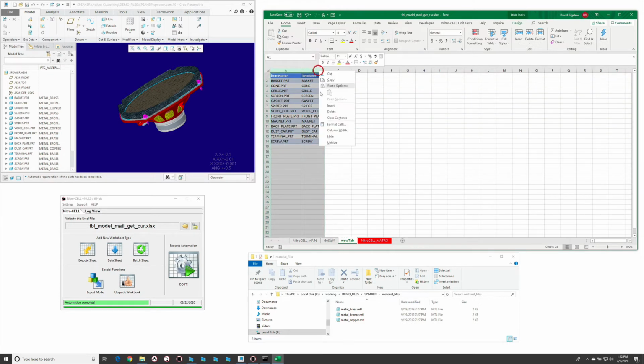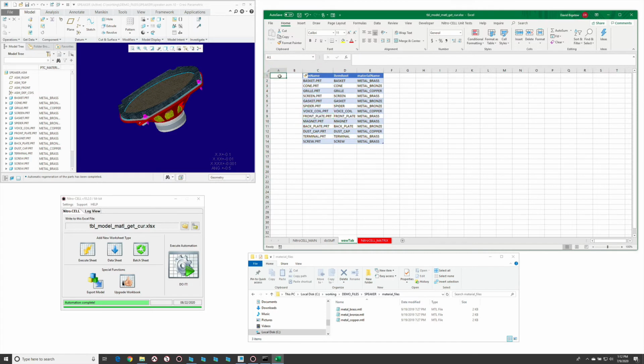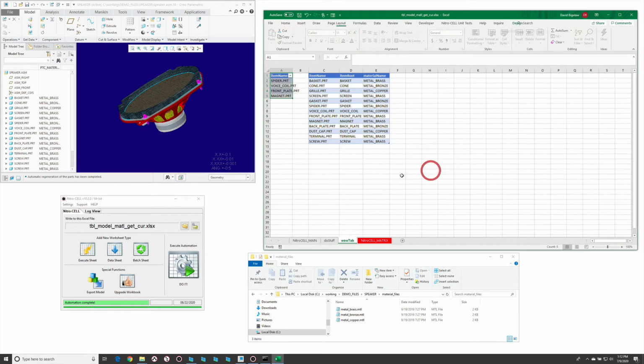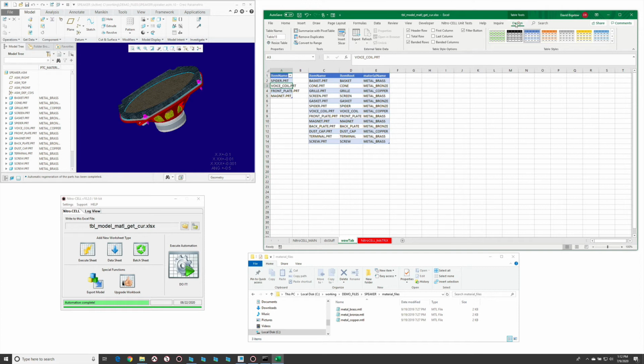So if we wanted to, let's put in a new table. We'll call this item name. This is just our iterable reference. So we want to grab a couple of these items here, paste the values, and then we'll just make a table out of this by doing Control T. Say my table has headers, and then we'll come up here to the table and give it a table name like